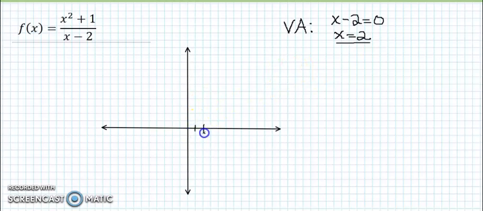So if I find 2 on the x-axis, so that's right here, I want to put a dotted line